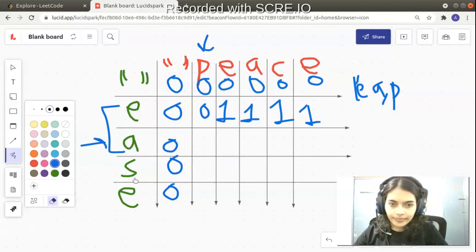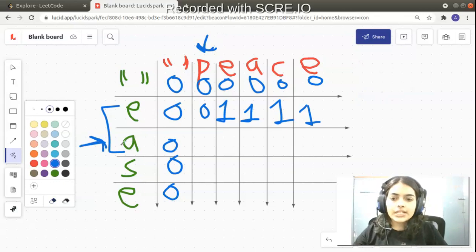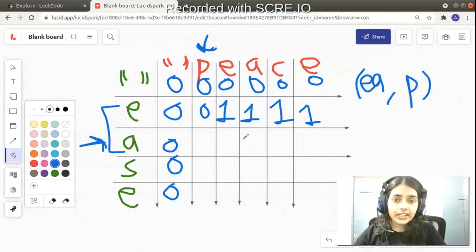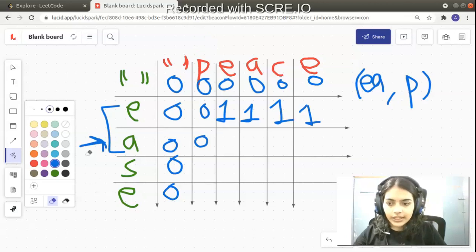Let me write it properly once again. Now we are looking at this row marked in the blue arrow and this column. What do this row and column correspond to? The first corresponds to the string EA, the second to the string P. Between EA and P, how many characters do you have in common? You have 0 characters in common.